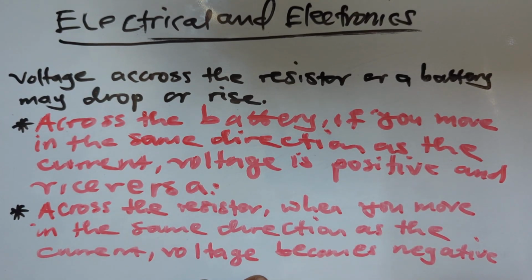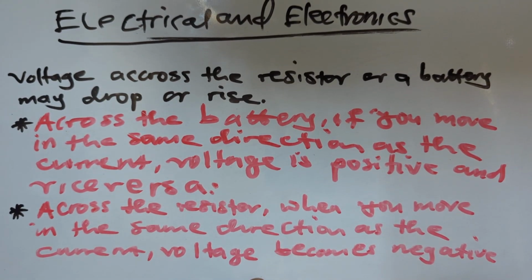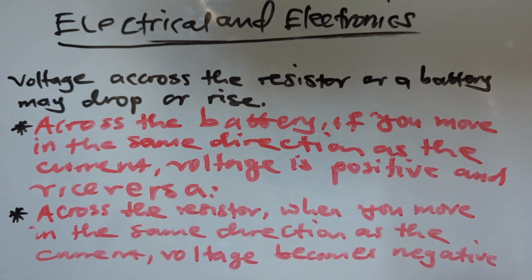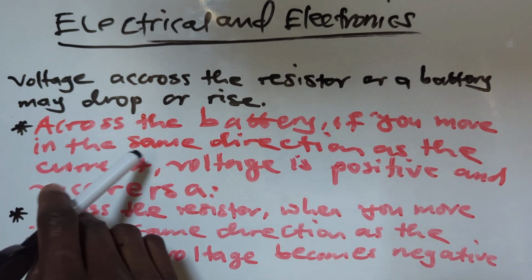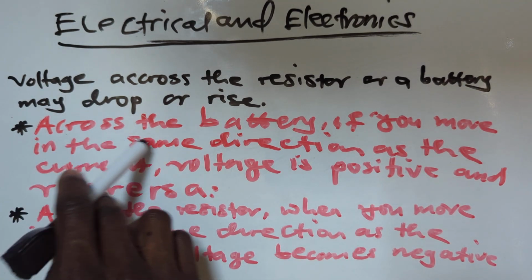Welcome back again. Now let's look at how the voltage behaves when you are crossing a resistor or moving across a voltage source. How is the voltage behaving? Voltage across a resistor or a battery may drop or rise. How is it done? Let's say I'm moving across a battery,